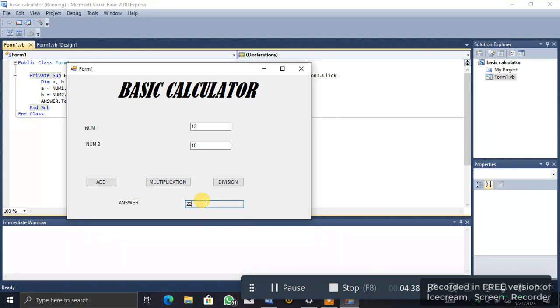This read only text box. As you can see, I'm trying to type something in this text box, but it can't capture anything because it's read only. So this is how you design an application that can add, subtract, or multiply two numbers. So we have now to say, after